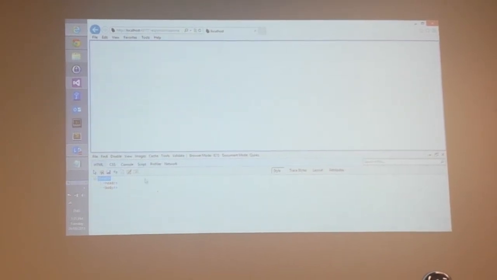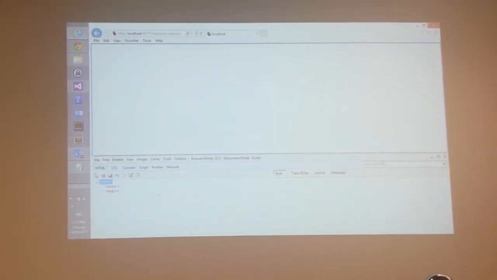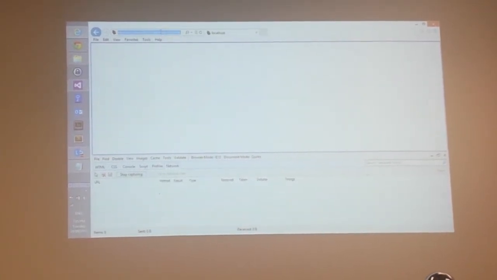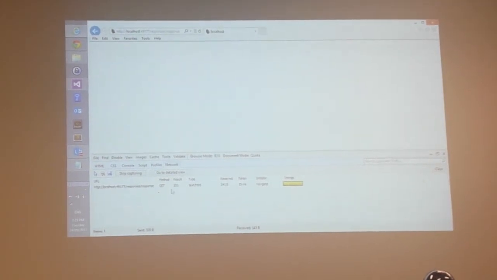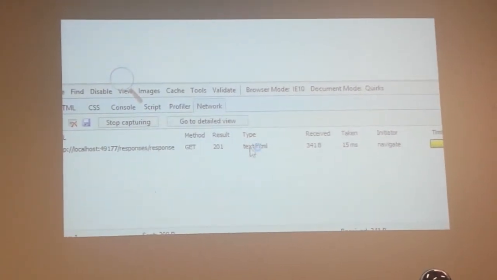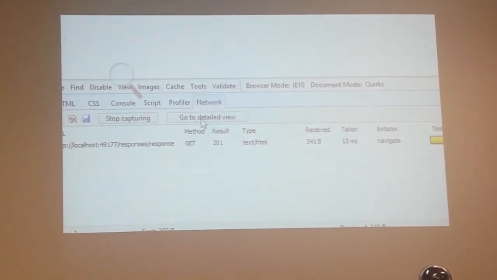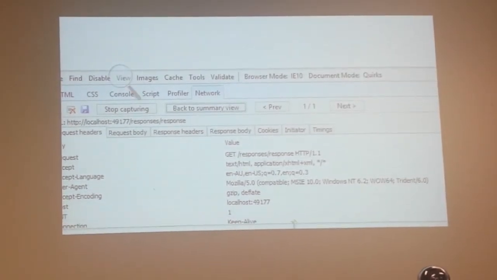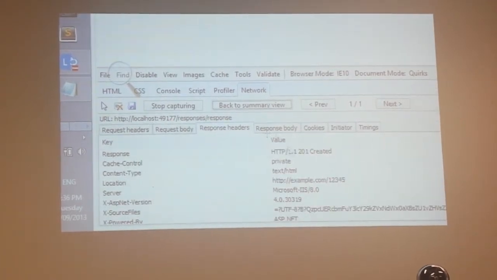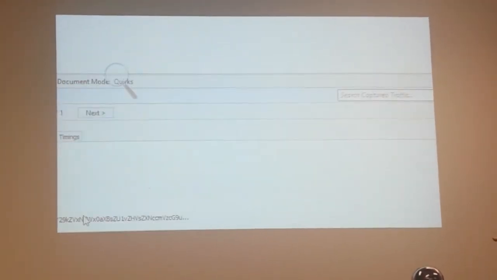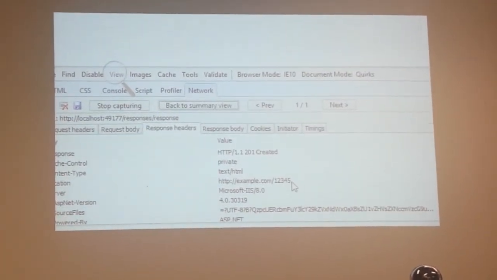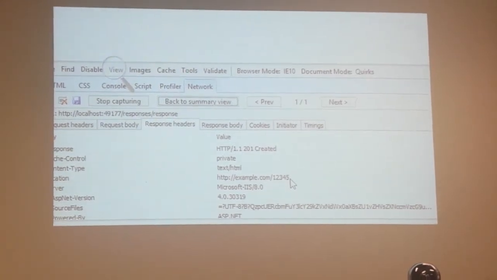No content. Awesome. Want to turn on the network? I probably do want to turn on the network because I'm not getting that. I want to go there, start capturing, and let's do that again. All right, and zoomy, just to make you really go nuts. There you go. So there's my 201, which is cool. I can go to my detailed view, and you will see down here somewhere, wherever it is. What's headers? Come here. Oh, gosh. Was it there? Yeah. Fourth one. Ah, there we go. Example.com 1, 2, 3, 4, 5. So we've got now full control. We can do whatever we like.